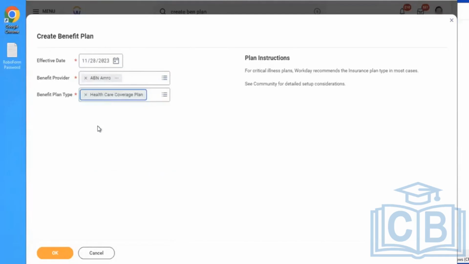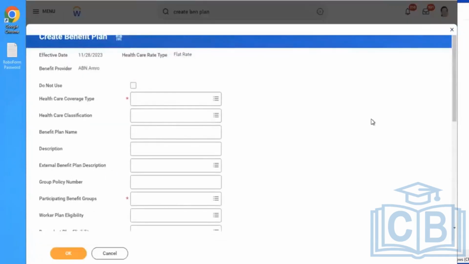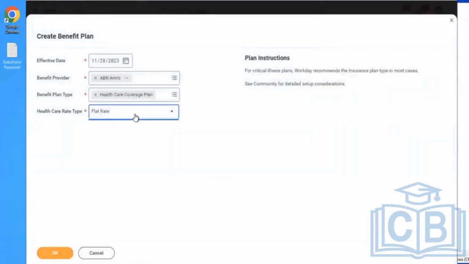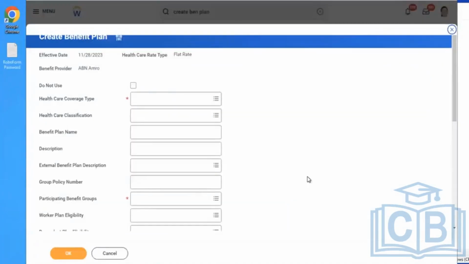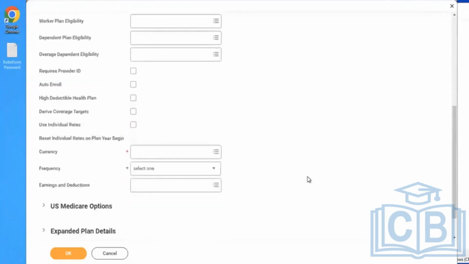a healthcare plan. Again, healthcare plans come in different types, based on a flat rate, a calculated rate, or a percentage. Let's go with the flat rate. I will show the new things. What you're going to see here is